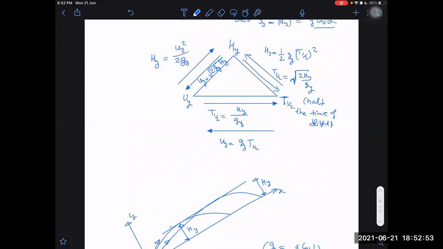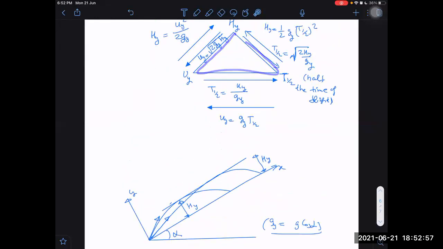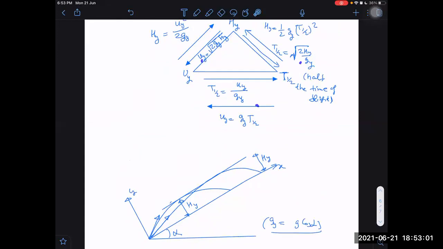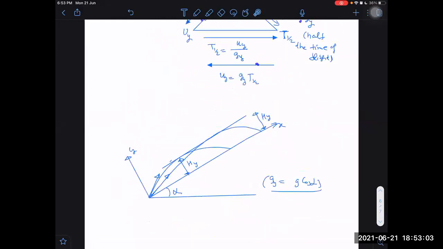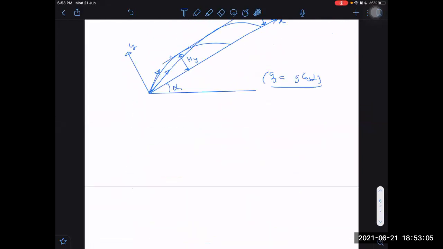Other than these equations, which we already know, we can use these. These equations are helpful because they give the answer fast. If we are familiar with these, then we can use the proportionality method. But other than that, we can use our common equations, like this is, let us say, V, this is, let us say, U. So it will have UX. It will have the direct formula u square sin square theta by 2g also, sir.